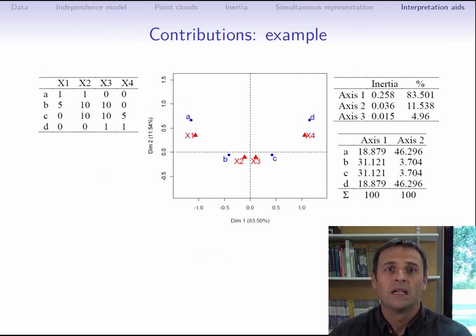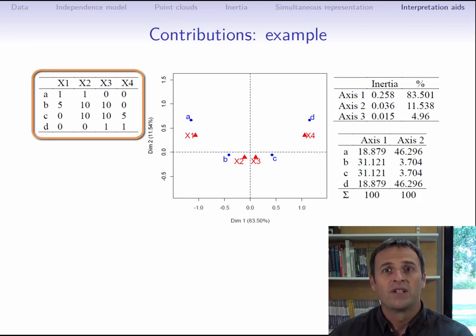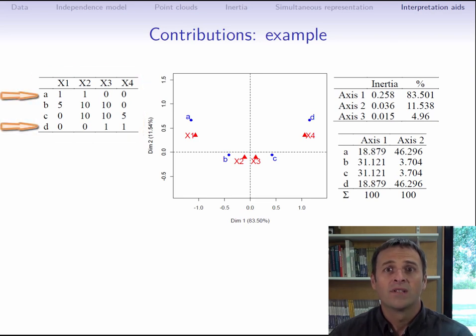We are not going to use the examples we have seen before because their row and column marginals are not so different. Instead, we'll use this little dataset in which the row marginals are quite varied. For instance, the marginal sums of A and D are more than 10 times smaller than those of B and C. When we perform correspondence analysis on this table, we get the following results.